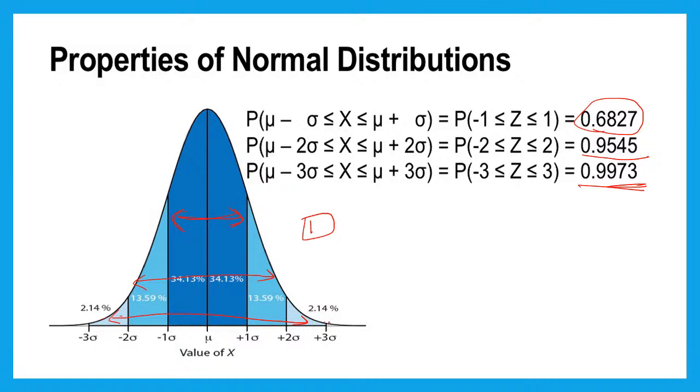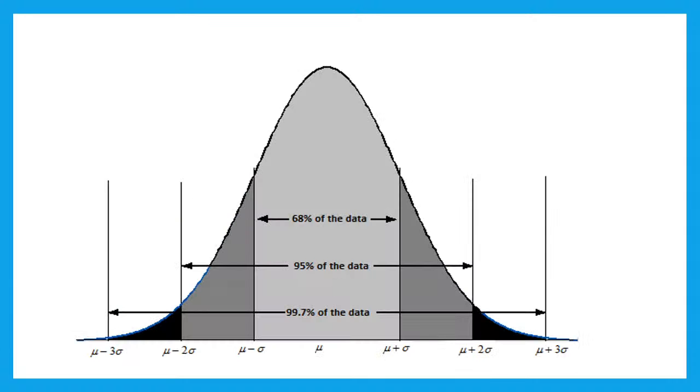But the entire area, mostly between mu minus 3 sigma and mu plus 3 sigma, almost 99.73% of the area is there between these two points. So approximately we can say this is 68% of the data. Between mu minus 2 sigma and mu plus 2 sigma, approximately 95% of the data, and this is 99.7%